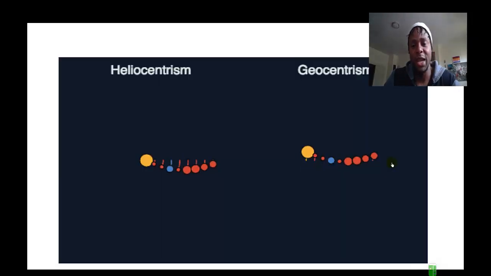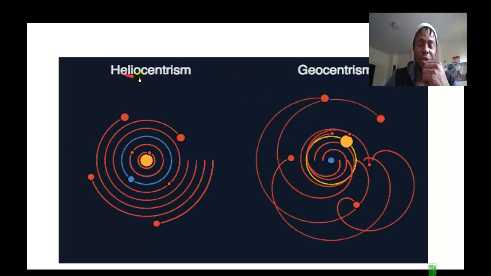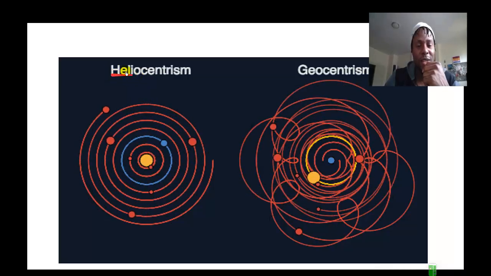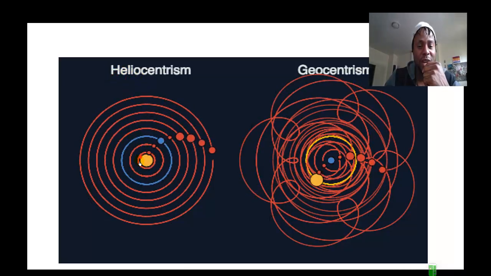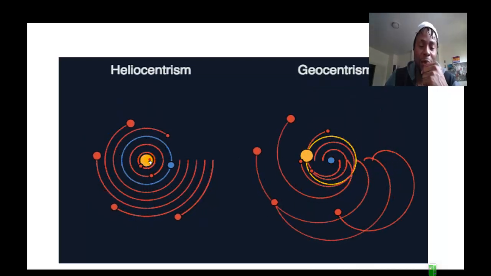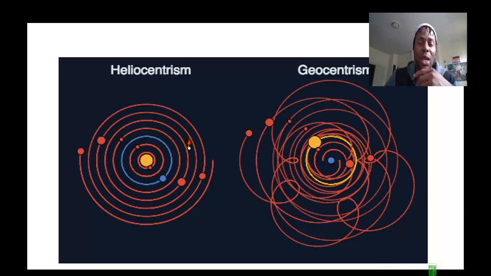All right, and that brings us back to this diagram that we started with. So heliocentrism, what does that mean? It means the sun or the star in the center, which means the sun is right here, and hence you see that object is yellow at the middle, and then you see the planet revolving around the sun